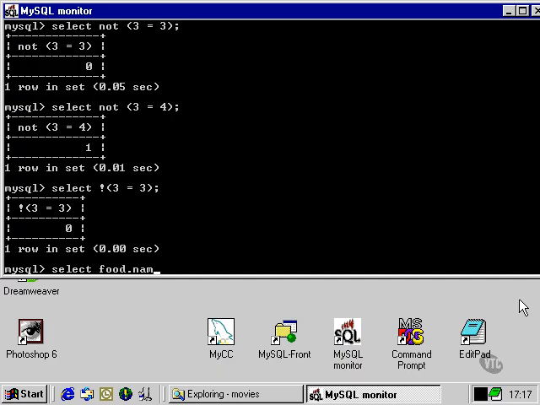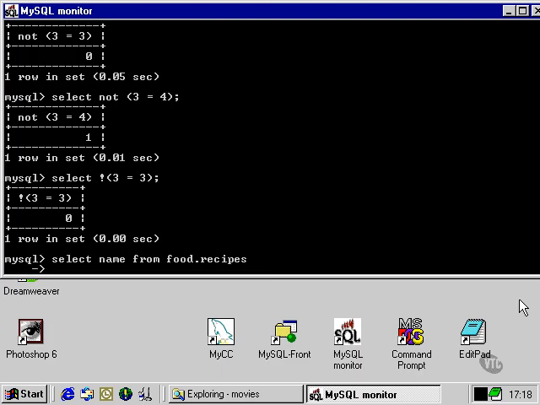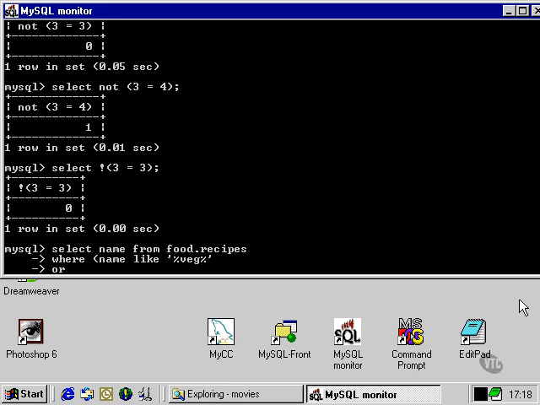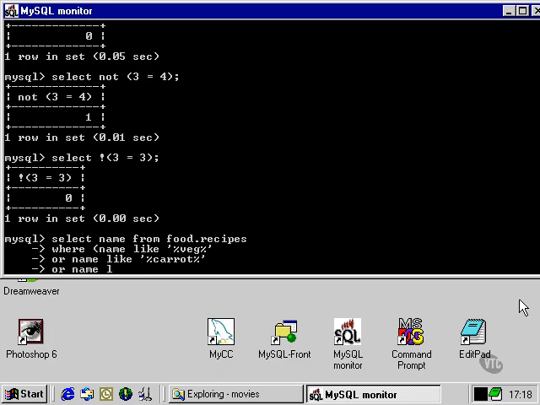If we have a look at the name column from food recipes, which is the recipes table in the food database, we can specify a string of different expressions, and we're going to put some of them inside brackets, and we're going to ask that, for instance, it includes the word veg somewhere in the name column, or we're using the logical operator OR here, name includes, by using the LIKE operator, carrot, or name LIKE